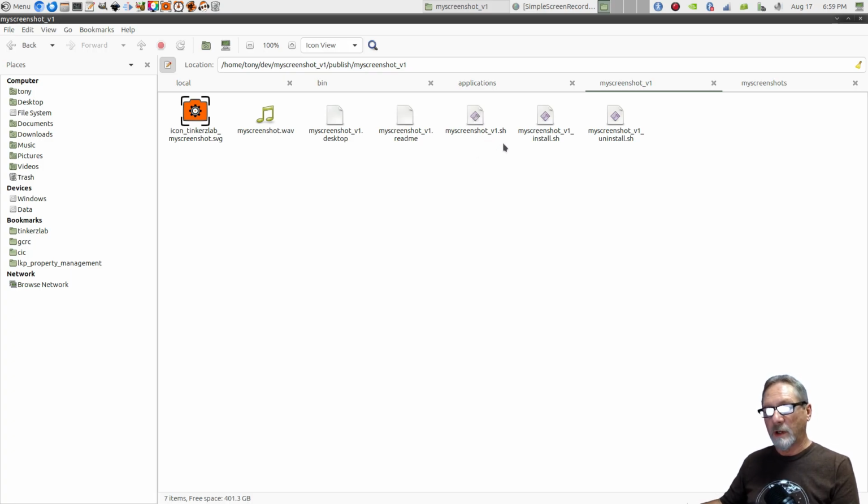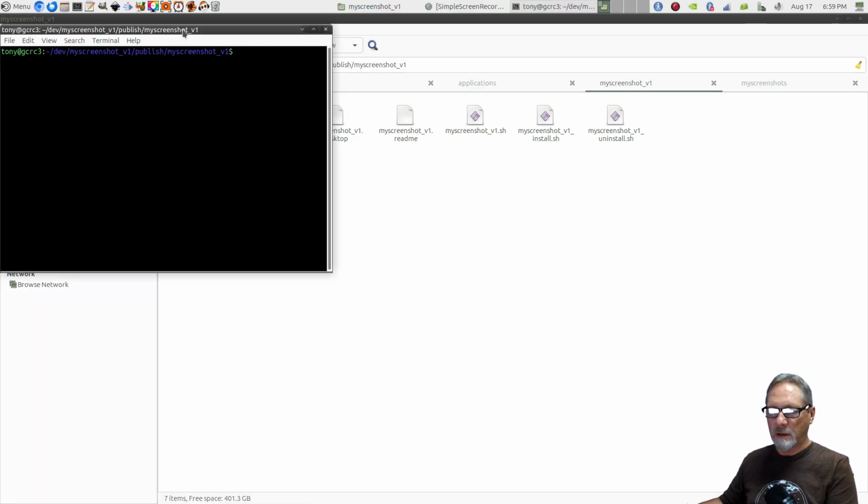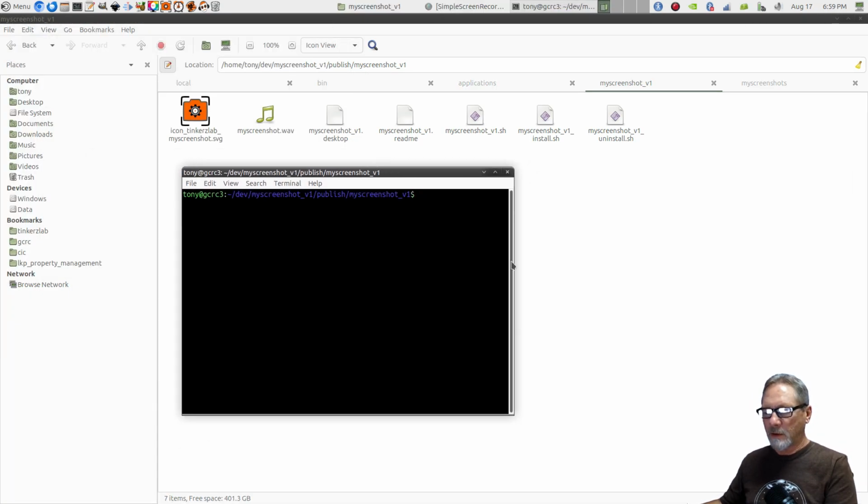MyScreenShot_v1.sh, that's your primary application file. You get the install script, and you get the uninstall script. Now, you need to do this from a terminal. So if I open up a terminal here, and I'm not going to install it or uninstall it because I